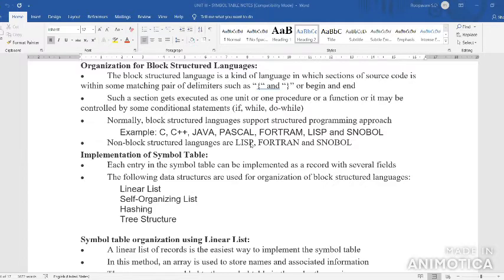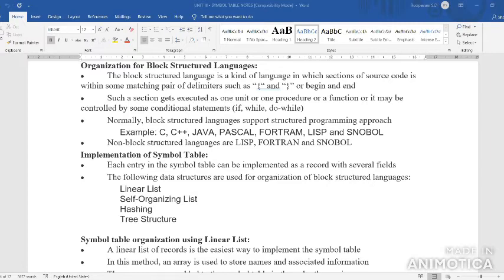The second one is self-organizing list. The third one is hashing function. The fourth one is tree structure.